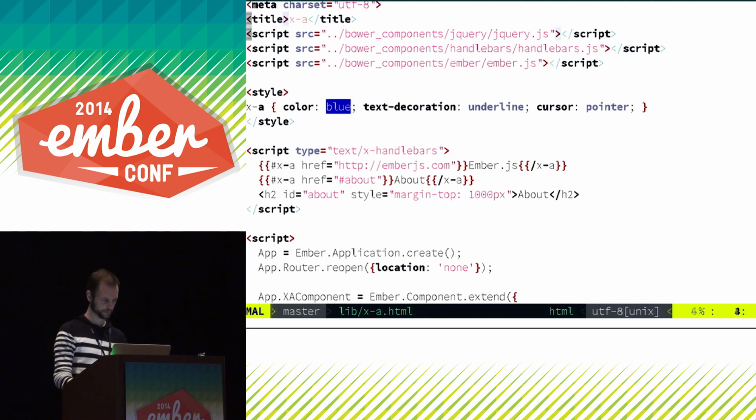Got my doctype. Got a style here. So x-a: it's blue, text-decoration underline, cursor pointer. And then here I can say x-a href equals ember.js and about. And then I've got this H2, with a bunch of margin on top so that we have to scroll down. And now to implement this guy,